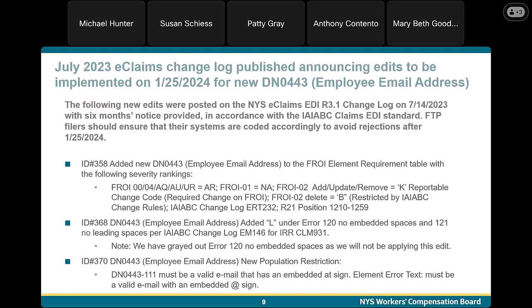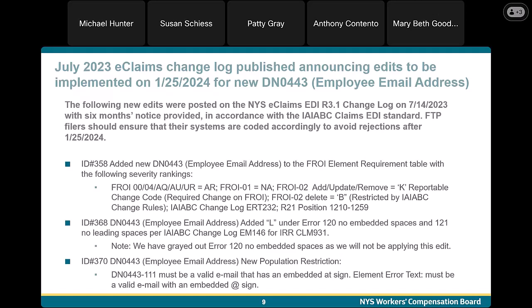Line item 358, we added a new DN0443, which is an employee email address, to the FROI element requirement table with the following severity rankings. FROI 0004 AQ AU UR equals AR. FROI 01 would equal NA.